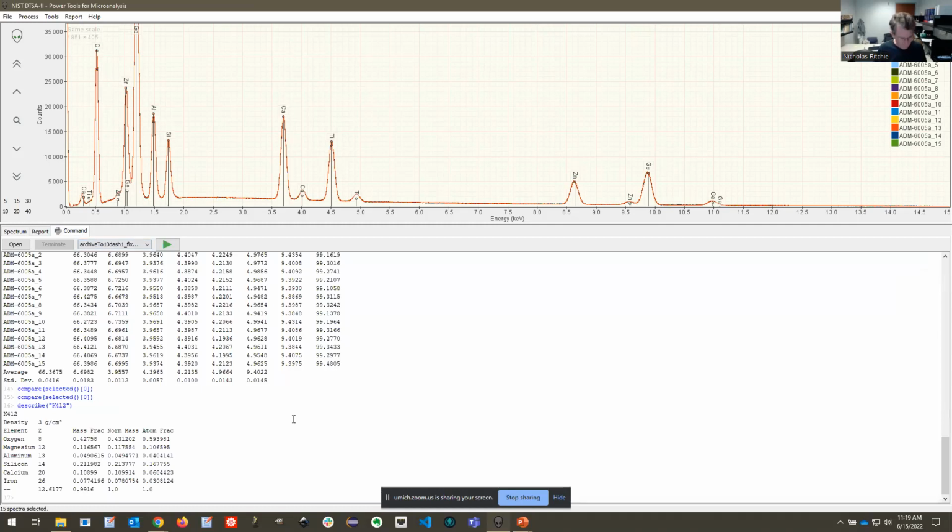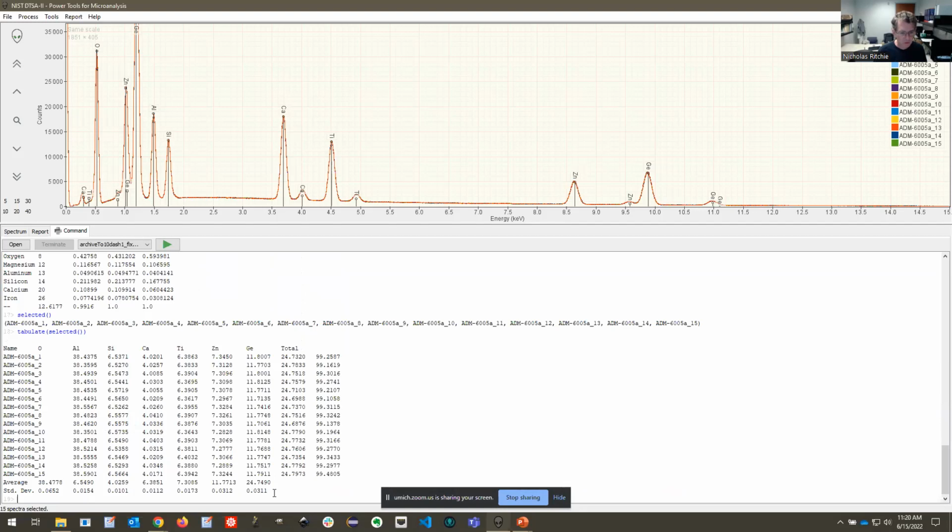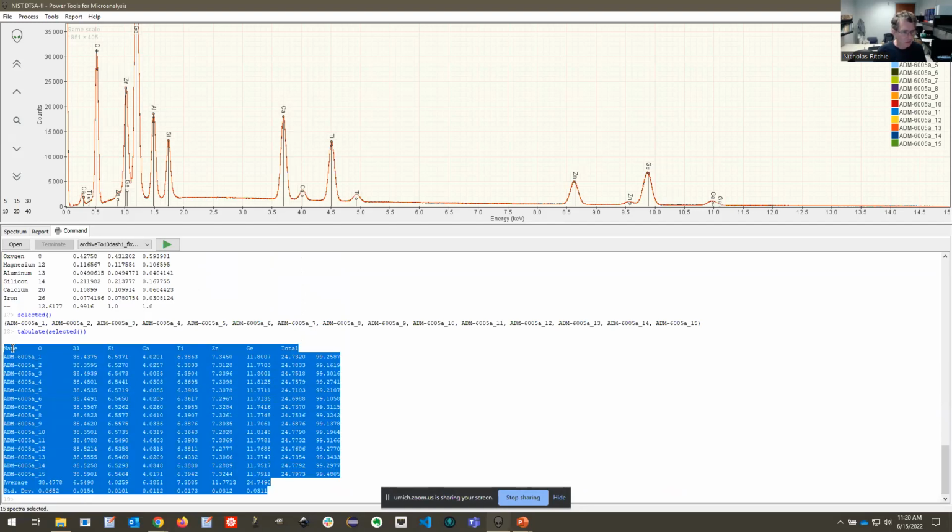And there is in the command tab, this command tab is actually basically a little Python interpreter inside DTSA-II. And it allows you to perform various commands. And so this first command that I do basically just selected the selected spectra up there. It's a list of the selected spectra. And so what I'm going to do is I'm going to tabulate the selected spectra, and I end up with a table of numbers that I can then